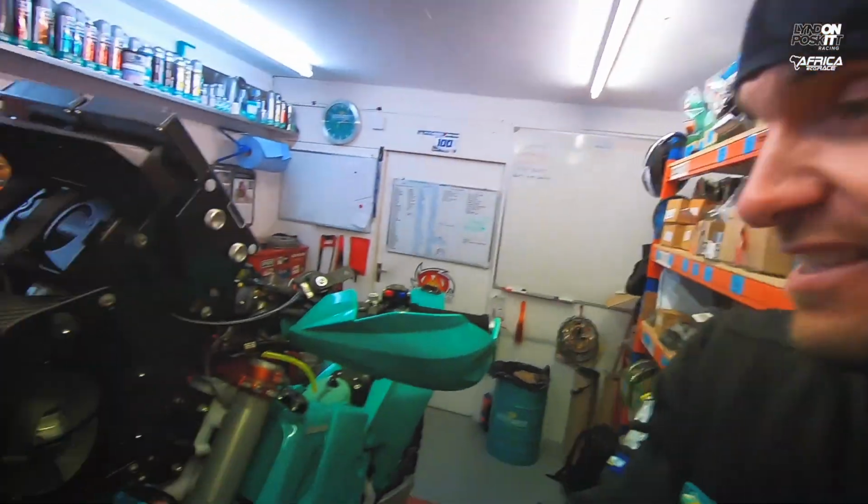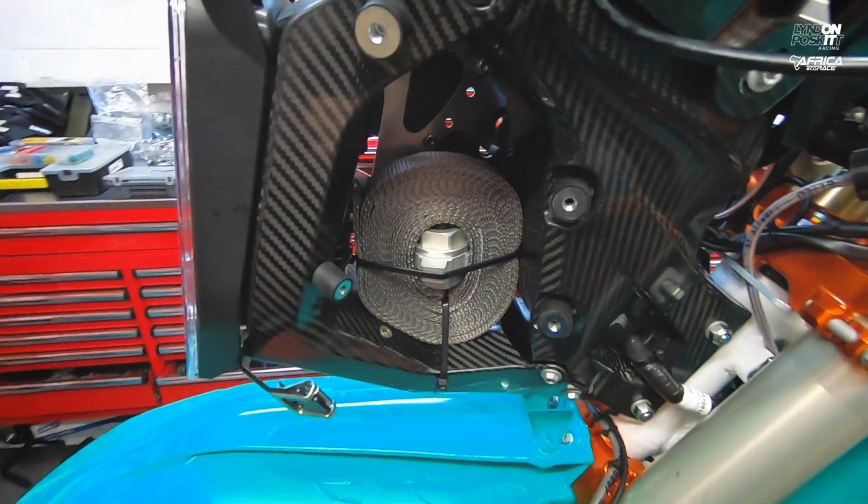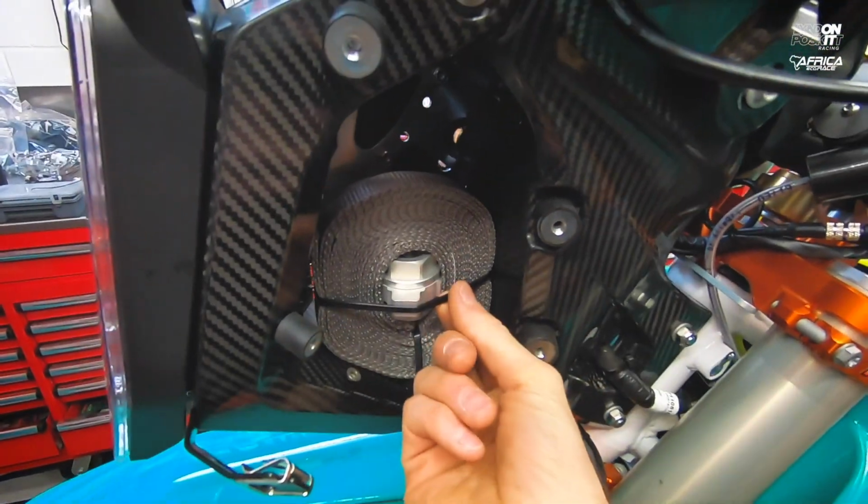This is a tow strap. Now, I'm hoping none of us riders need this, but we have to be prepared. I've never had to use it in a rally, but I'd always want one if I did have to use it for sure. So here it is, just stashed here in the navigation tower, just in there, and there's some